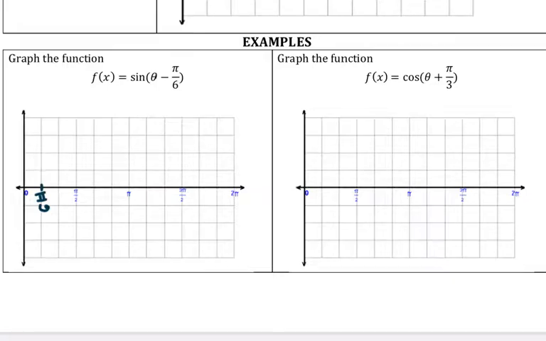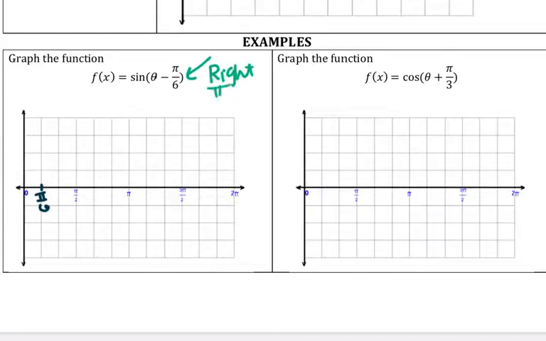Alright, you guys, so in this video we are going to go through some examples of horizontal translations of both the sine and cosine functions. So the first one that we're looking at is sine of theta minus pi over 6. So this, we know, moves the graph to the right